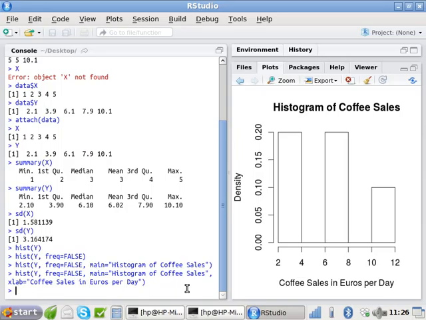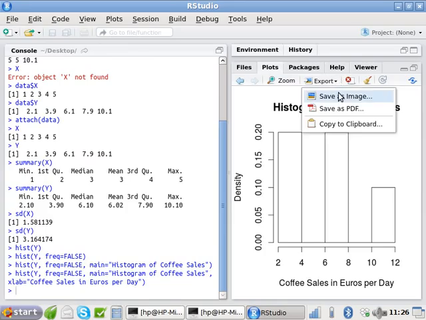You know, whatever you like. So very nice, makes the graph, and then if you want to save the graph, you just pick export, save